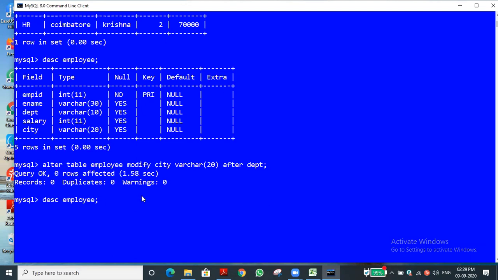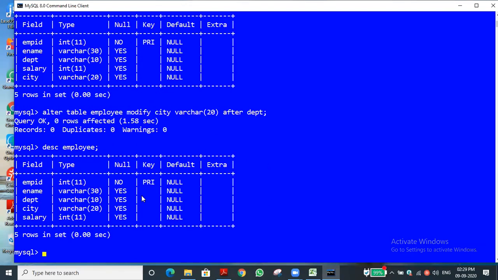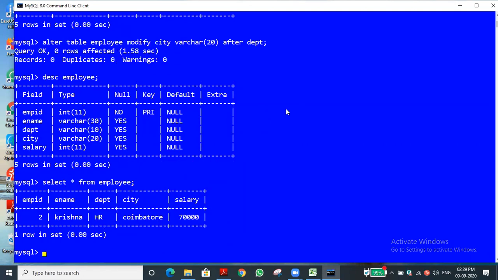Now again I am displaying the table. You can see the city is changed. Previously the city column was last; now it is after the department, as we gave after department. Have you got it? Now if you see the table with select all from EMP, it will be displayed as per the new description. The new description is that city is moved next to the department. So it makes a permanent change. Viewing is different, and permanent change is different. That's what I'm trying to tell. Have you got this point?